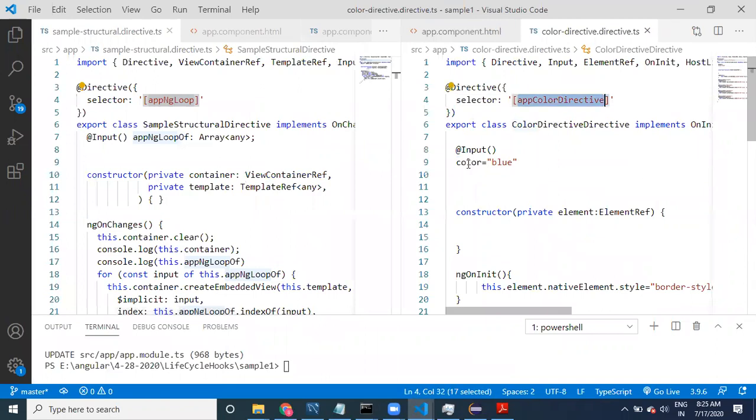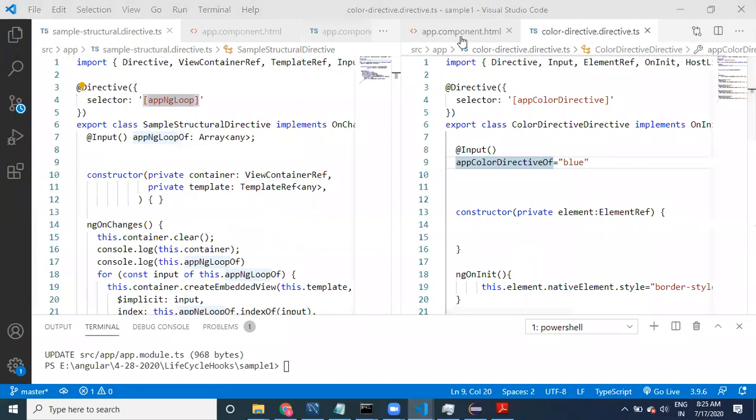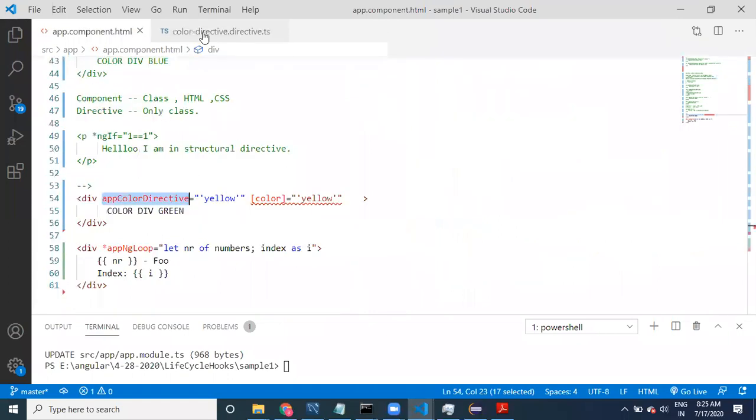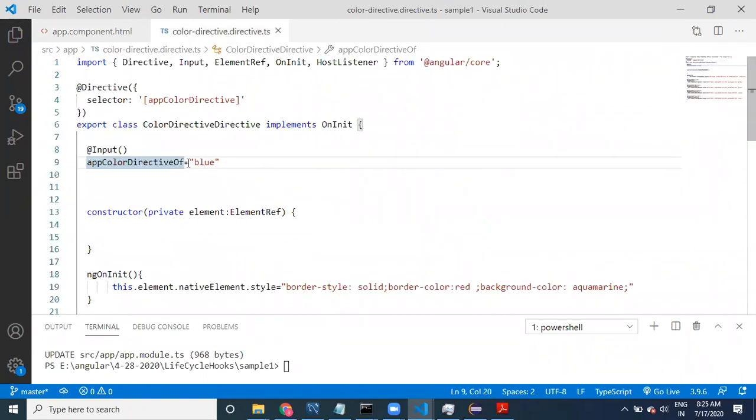If I provide the directive name and of, see here. Let me close all these things. Now no color property is available. If you remove of, and the directive name and property name are the same, right?